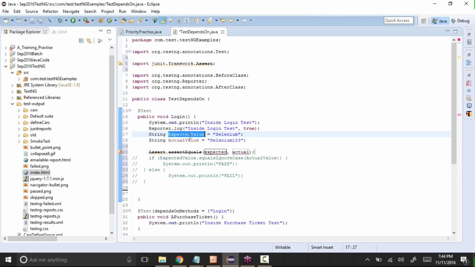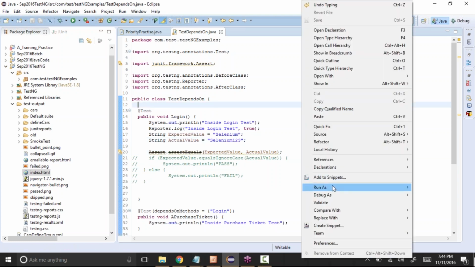Expected value is this and actual value is this. Save it. Assert equals expected value and actual value. Now we are trying to compare those two values, selenium and selenium 123. Now if you run this,